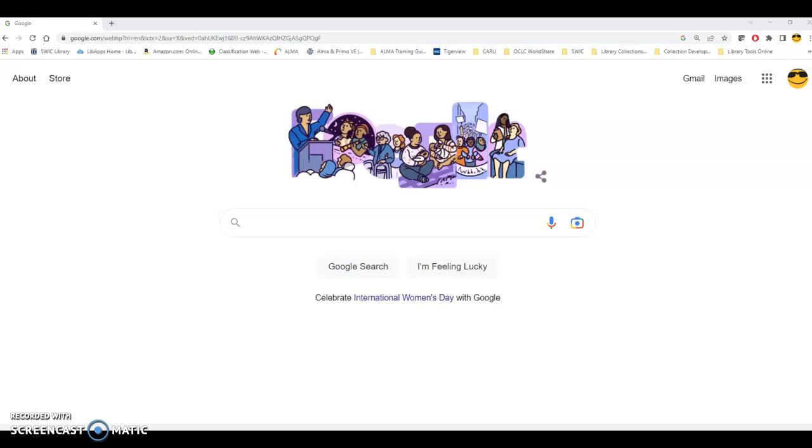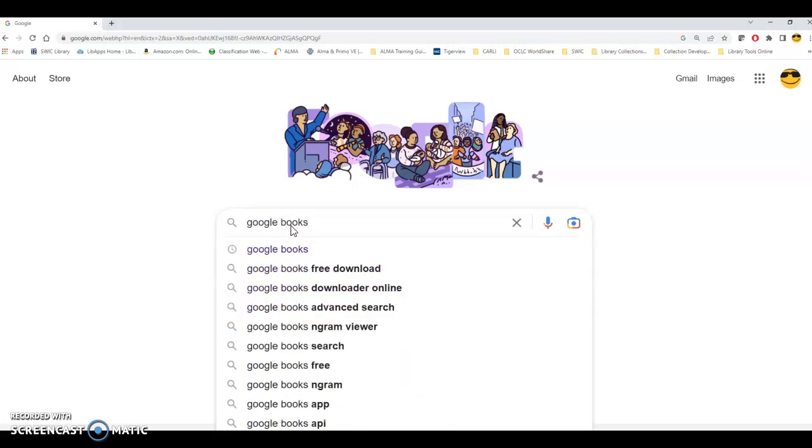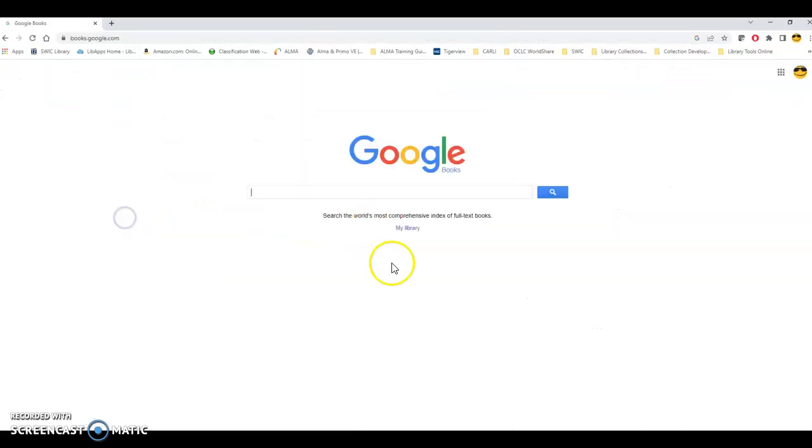One other thing I wanted to point out really quickly is how to find some books. One way to do a quick survey on some books that might be available on your topic is to go to a resource called Google Books. If you just go to Google and type in Google Books,